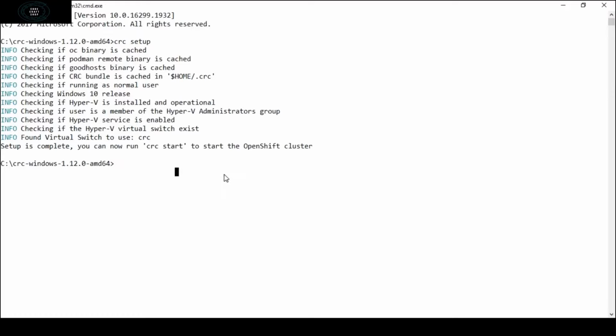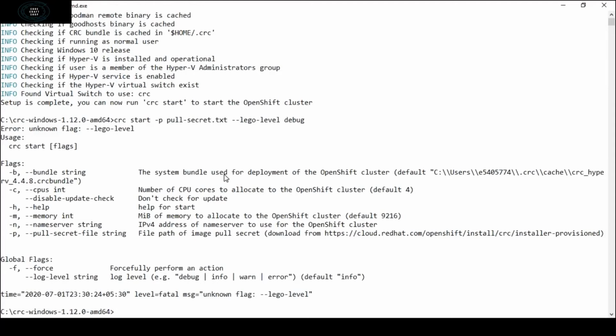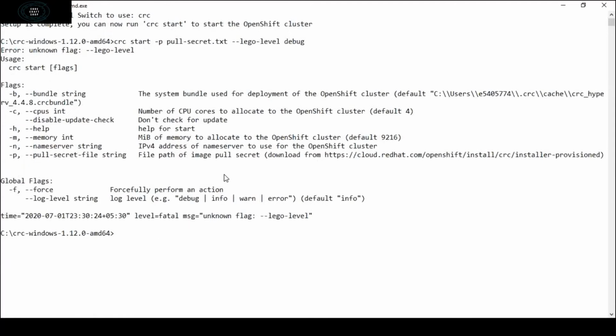Now we will execute the command crc start -p, and we will provide the pull secret. To see the logs during the installation, I will write log-level debug, so it will show all the commands.